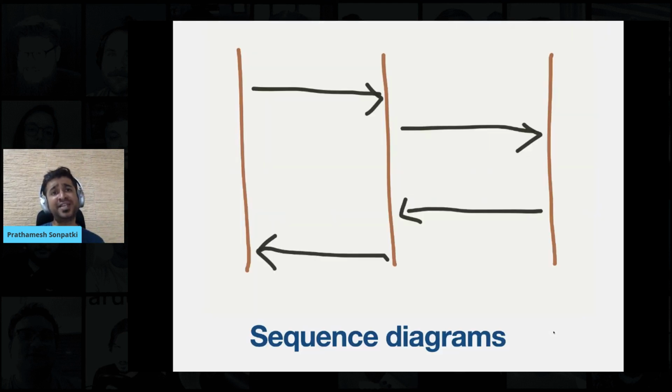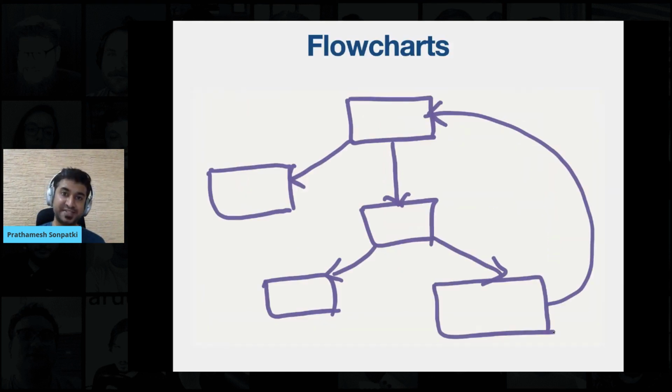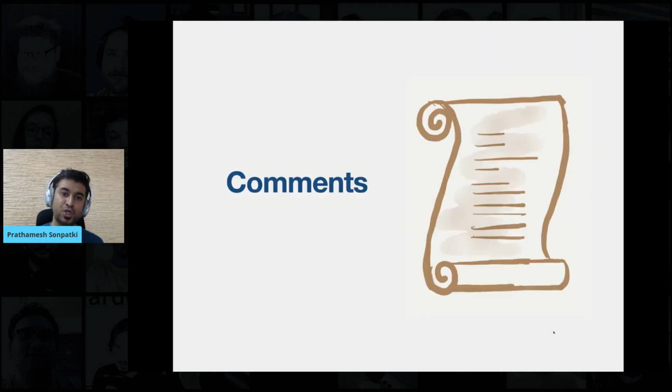So we rely on things like sequence diagrams. These are almost first-class citizens for every new feature that we are working on. We write flow charts. We try to prepare these diagrams and share them upfront, so that these basically document our coding process, and we don't necessarily have to check code all the time to understand how a feature is working. We also rely a lot on comments.